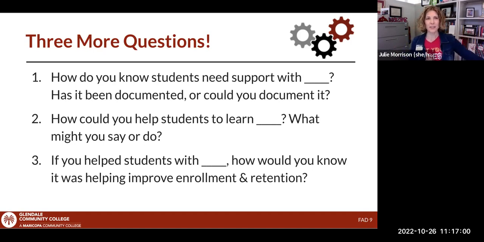So again, you can put it in the Padlet, or if chat's working better, throw it into chat. So answer question number 1 for me. How do you know? Is it just a feeling? Is it just sort of anecdotal? Is it something that you and your peers have talked about? How do you know that the challenge that you have identified is a problem? And there's no right or wrong answers. You don't necessarily have to have documented it. That's just going to be something we'll talk about in a moment.